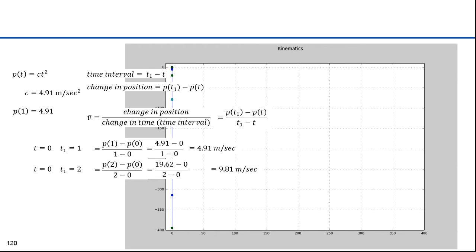The average doesn't account for this variable change in velocity. After 1 second, the average velocity was 4.91, but at the 1 second point, it had to be something greater than that. We'd like to know the velocity at a specific point in time. That implies no time interval. If we make the interval very, very small, or 0, we'd be dividing by 0, which isn't allowed. We'll need an alternate method. This perplexed mathematicians for thousands of years. It was not until calculus that a solution was found.